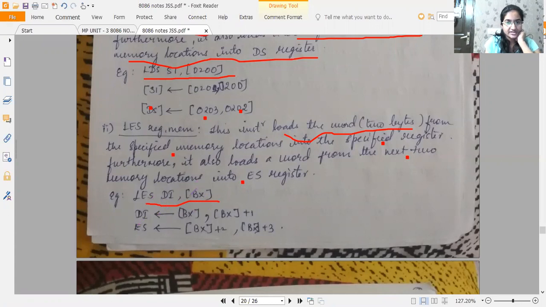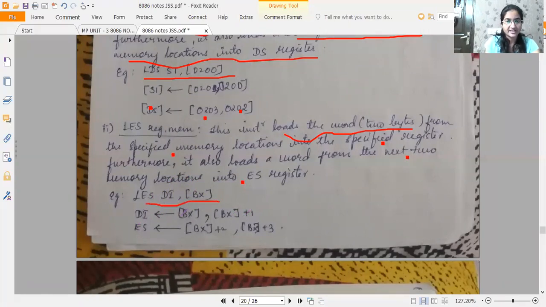So what is happening here? BX is holding the address of the data which is stored in a particular memory location. So the data at BX and BX plus 1, the consecutive memory locations, will be stored in DI. DI is also a 16-bit register.